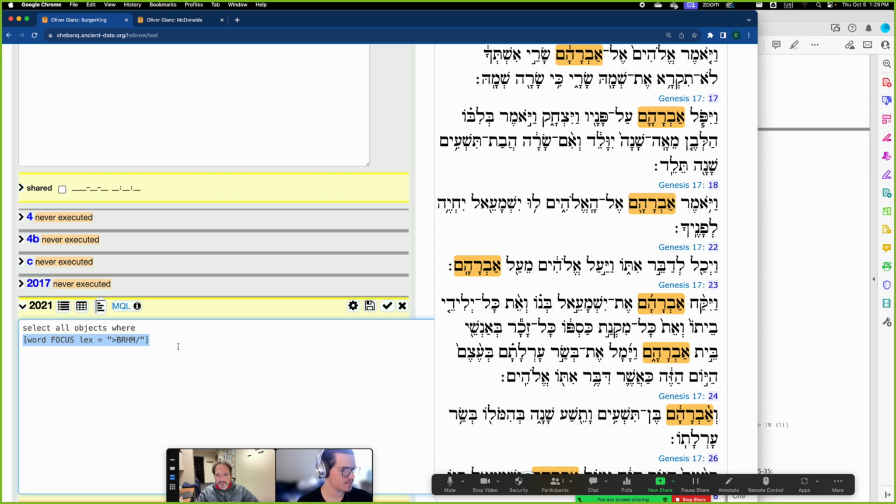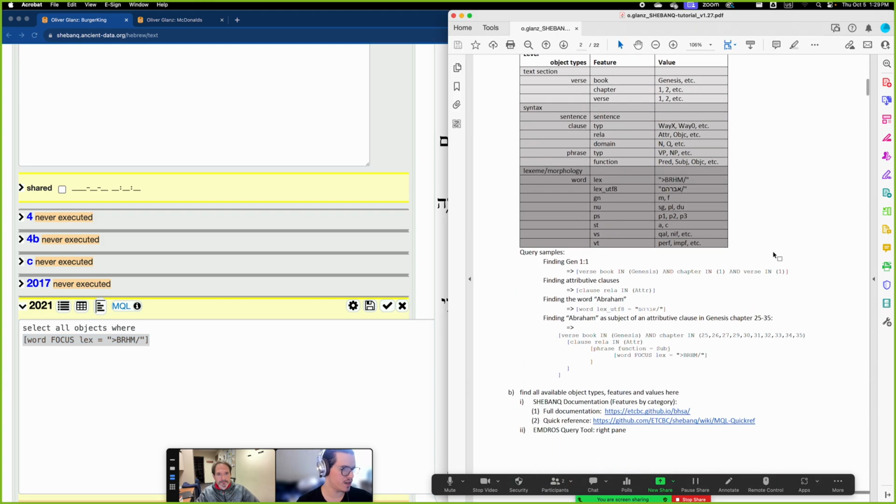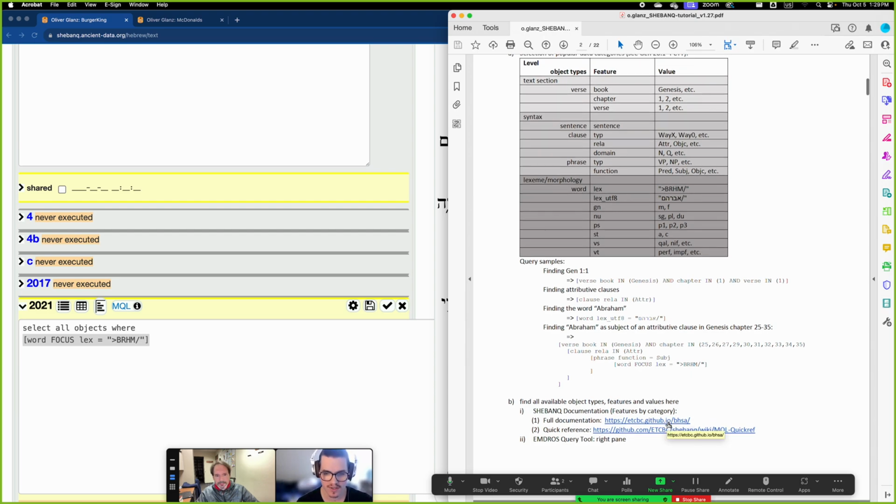And as far as the other, when you go back to the document, under features, one thing that sort of confused me was what is Lex or Lex underscore UTF-8. I eventually found out just by going through the SHEBANQ website and trying to figure out what those were. Is it on the document? Yeah, it's a link, like a legend. When you go here, SHEBANQ documentation, full documentation, and then click here,